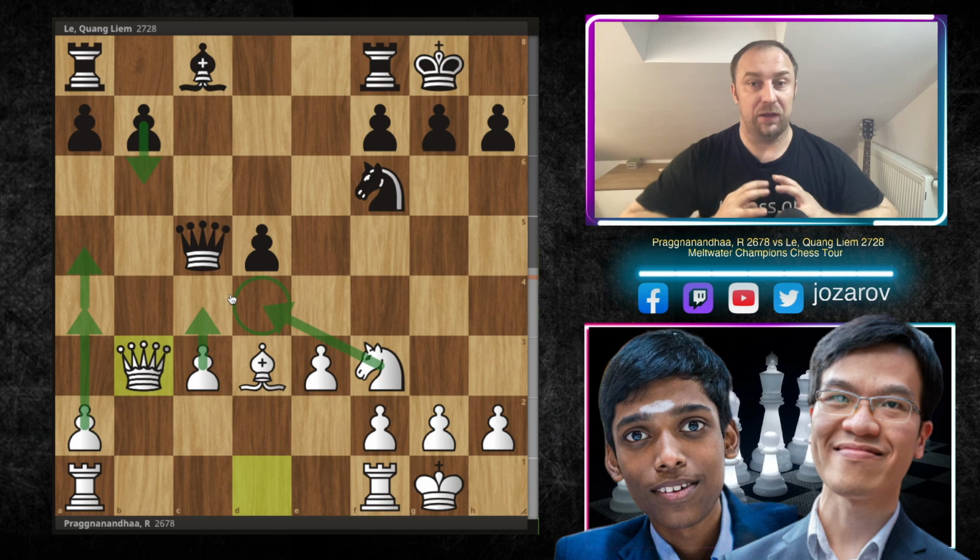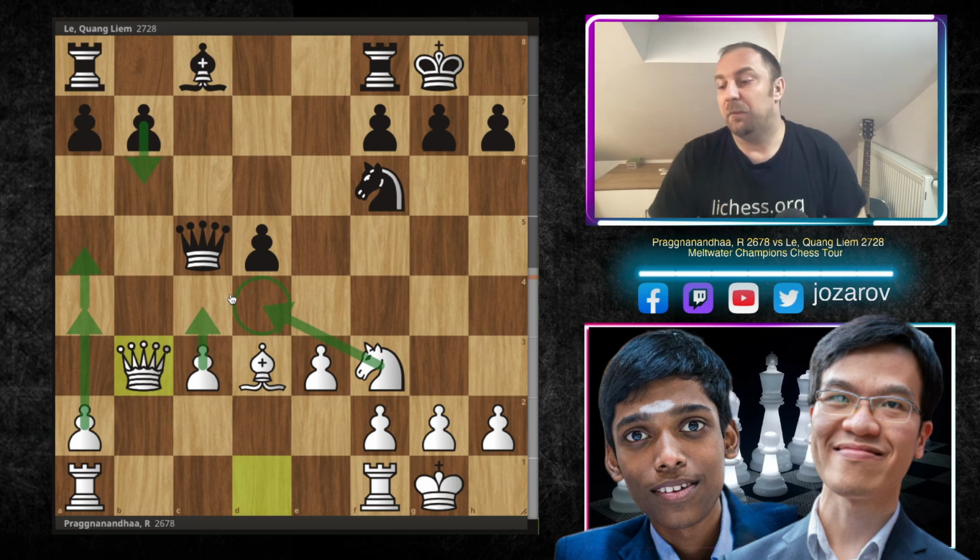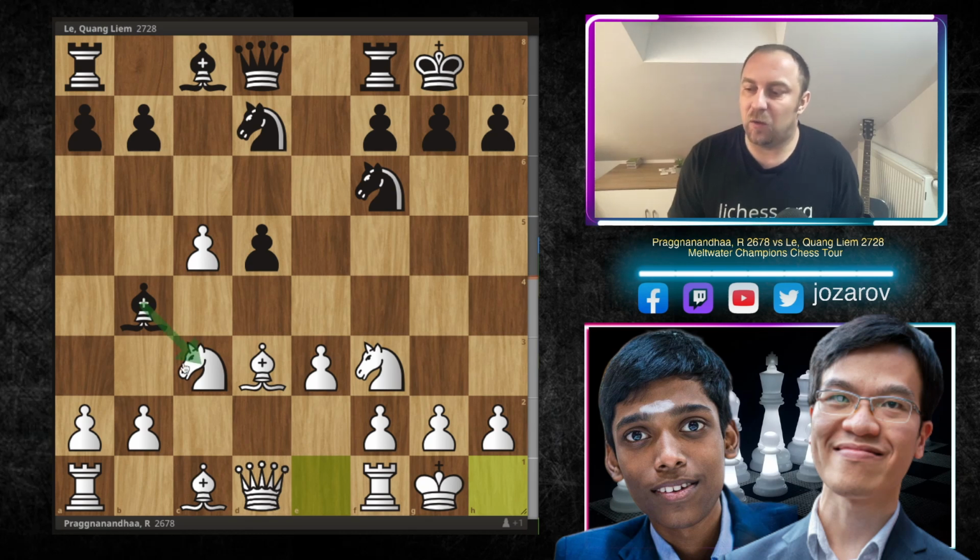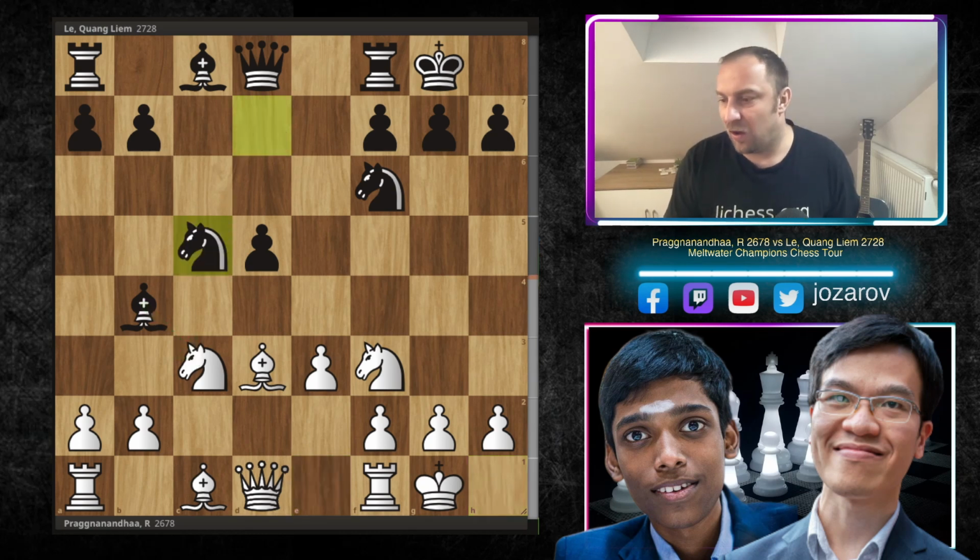But I think the blockade idea around the square d4 would be perfectly fine here for white. I'm not saying white is winning for sure here, but in my opinion, it's much easier again to play the game from white's perspective. So as we said, after kingside castling here, Quang Liem didn't take out the knight. He took now here the pawn on c5, and he attacks now a very powerful piece, the powerful bishop on